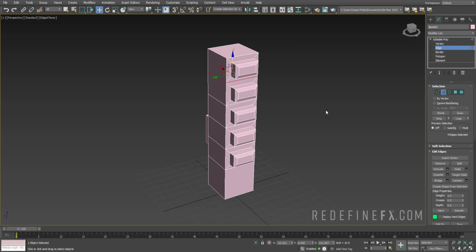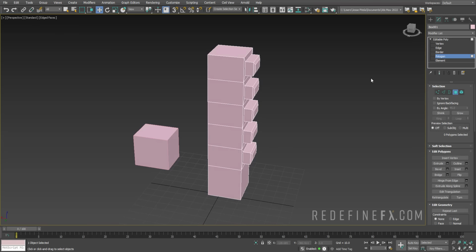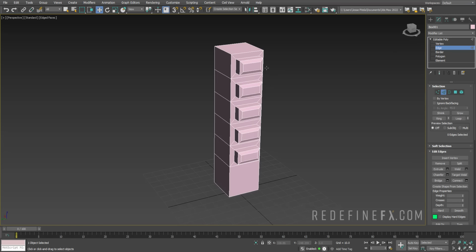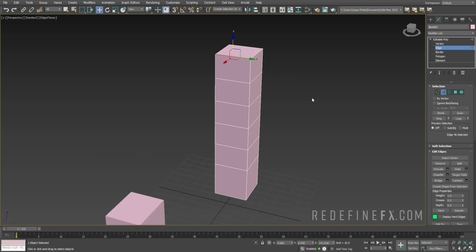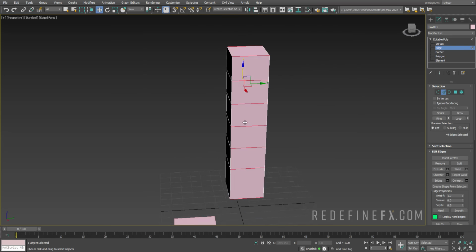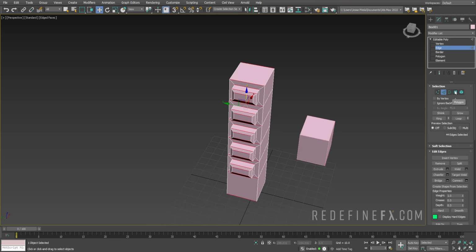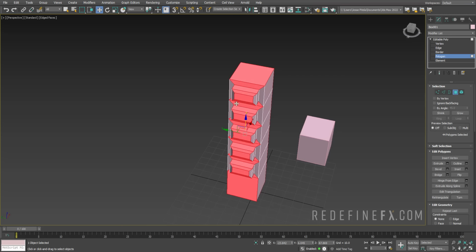So a lot of times what I will do is just maybe select this edge and click ring, and then you can hold Control and click on polygon over here, and this will actually convert the selection from edges to polygons. So again, in case you didn't catch that, I can hit 2 on my keyboard to be in edge selection mode. I'll select this edge, click on ring to select all the edges that go around this object in this way. Then I can hold Control on my keyboard and select polygon, and it will convert the edge selection